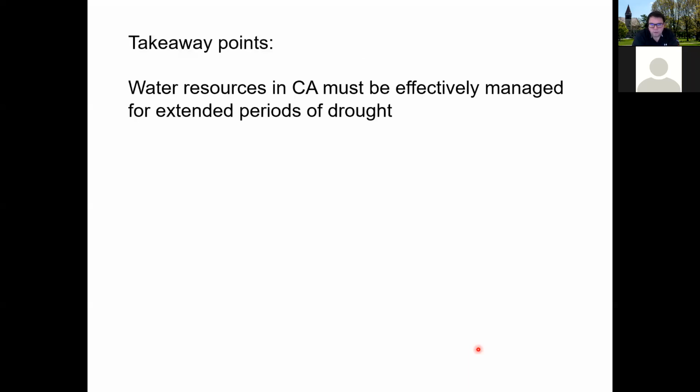Another point I want to make there is that when people talk about great degrees of climate change, if the whole global ocean gets warm enough, and the atmosphere gets warm enough and wind patterns are distorted, you can actually minimize the gradients of heat transfer, which will also have unknown effects on El Nino and La Nina. So, takeaway points for this is that water resources in California have to be managed really, really effectively,